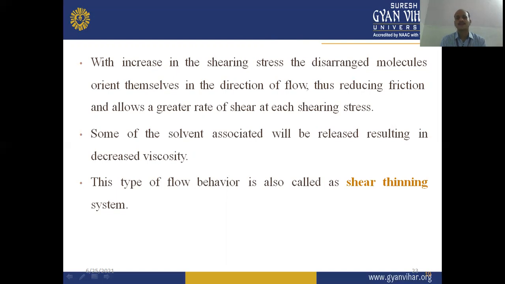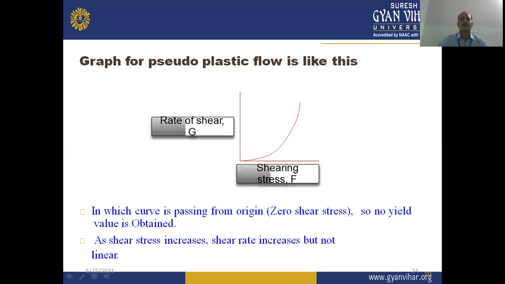So friction will be reduced, and then there will be the greater rate of shear at each shearing stage, and the solvent associated with it will be released and decrease the viscosity. Due to the reduction in the viscosity, this type of flow behavior is also called shear thinning systems. So this is the pseudoplastic system, and when we plot the graph for the pseudoplastic system, as we earlier seen, there